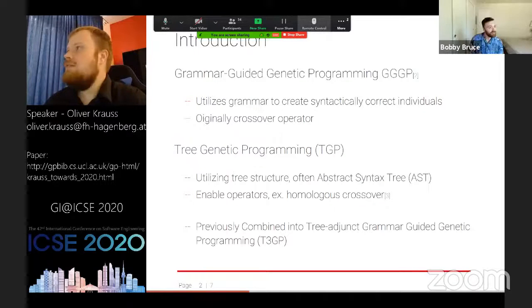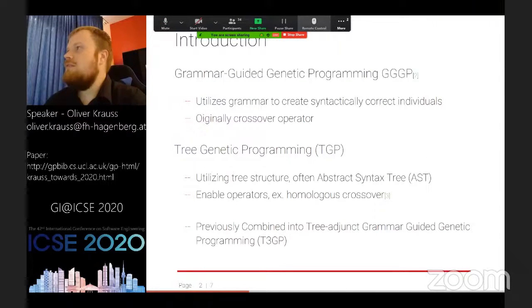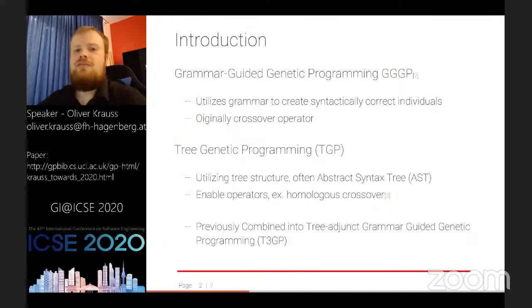So as a short introduction, grammar-guided genetic programming is basically just genetic programming using a grammar to create syntactically correct individuals. This was originally done only for the crossover operator, but now has been extended to most operators. Tree genetic programming utilizes tree structures, very often abstract syntax trees, to achieve the same goal and to enable new operators, for example, a homologous crossover, which enables you to move a subtree into a different part of another tree,